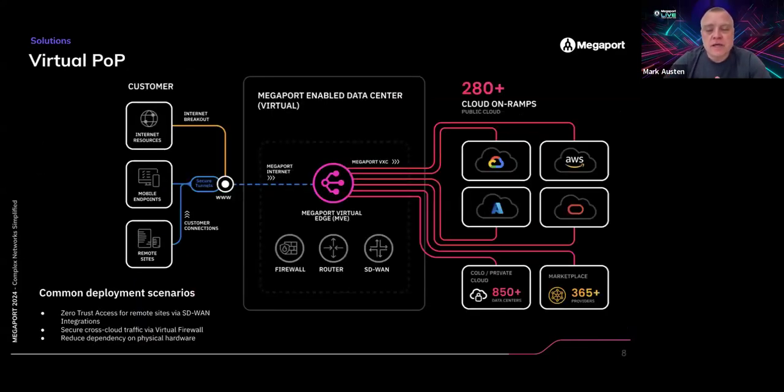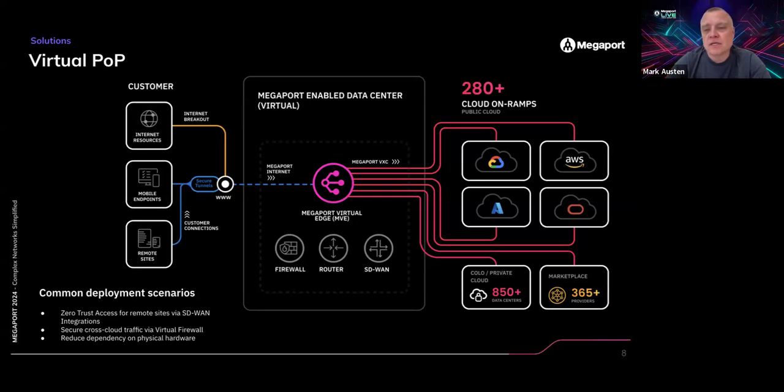And this just gives you a visual view of how that looks. In the middle of the diagram, you've got a Megaport enabled location that supports the MVE platform, which is again made up of the compute, the networking, and the internet. In that location you can deploy either a firewall, a router, or an SD-WAN virtual device. And once you've deployed that, you can then connect it using Megaport Virtual Cross Connect to, you can see on